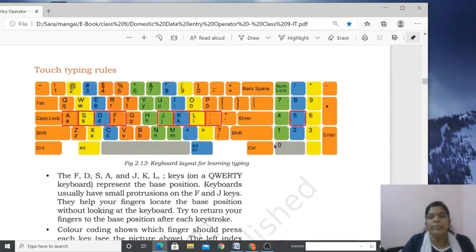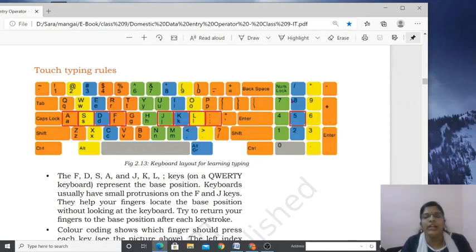Next rule, it's with the number pad. So this is a number pad. Which is the base key in the number pad? Number 5, which has a tangible line to identify. So for number 5, middle finger you have to use, number 4 left index, number 6 ring finger. A ring finger we have to use. Okay, then what is the fourth rule? Shift key. Where we have to use the shift key: if you want to go with a capital letter, or if you want to use any special characters, hold down the shift key, then press that particular key. You will get the exact key.